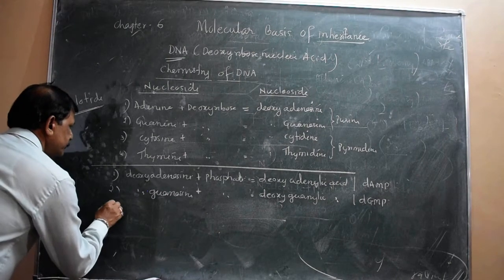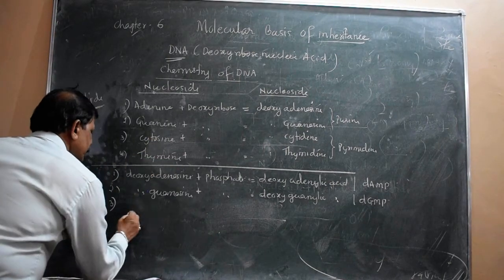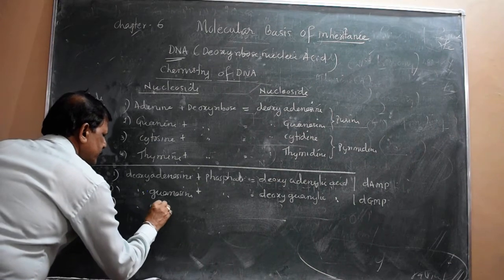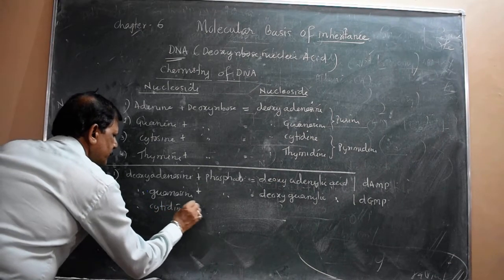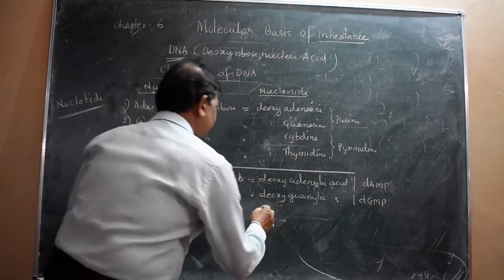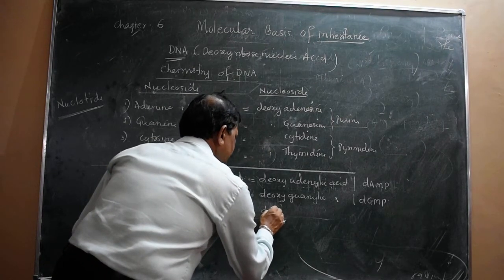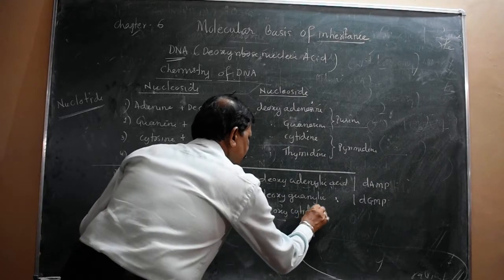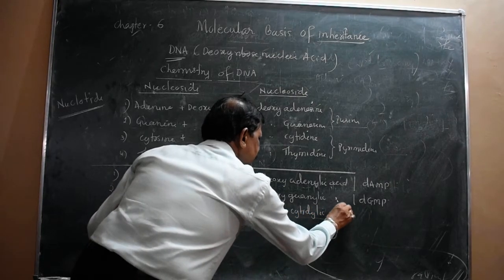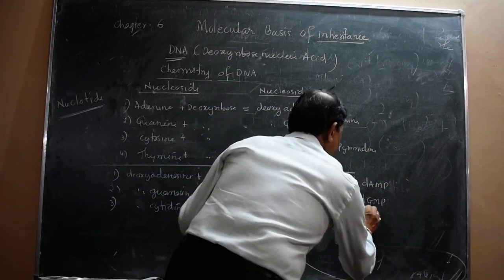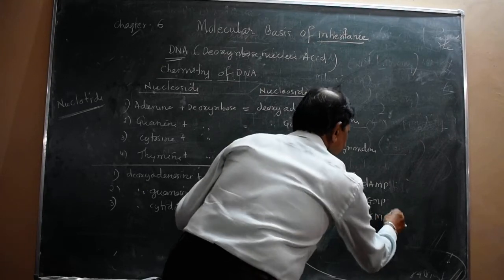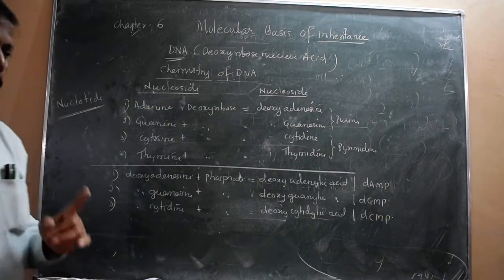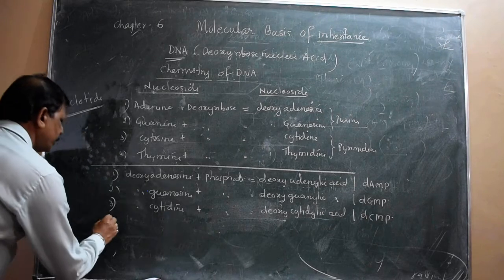Next, third one, deoxycytidine plus phosphate, and that results in deoxycytidylic acid, and that can be written as DCMP, deoxycytidine monophosphate, and the last one is of